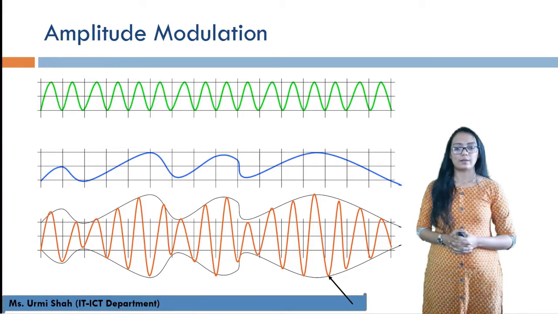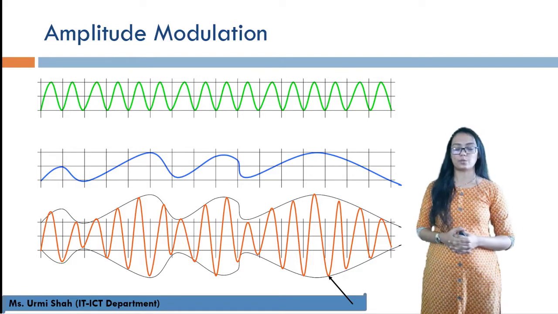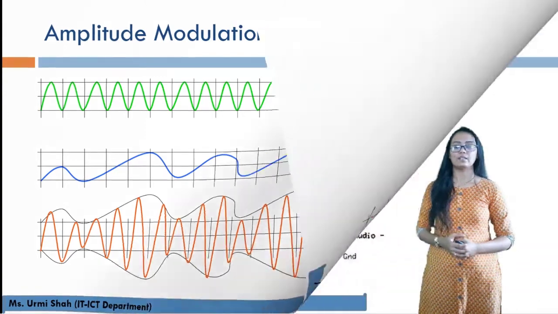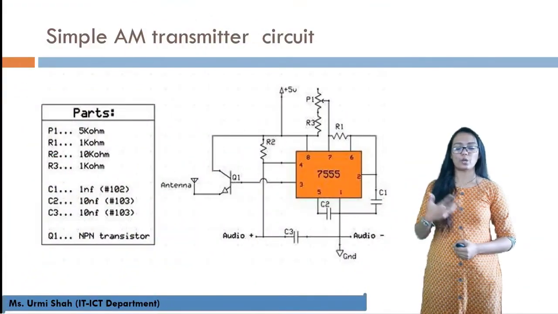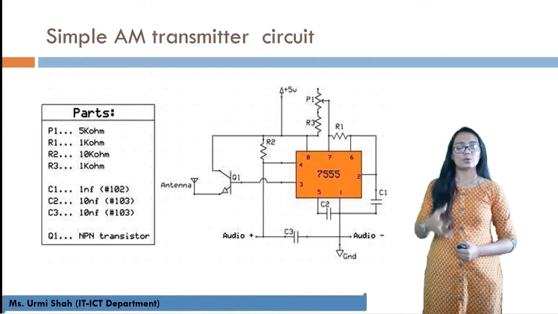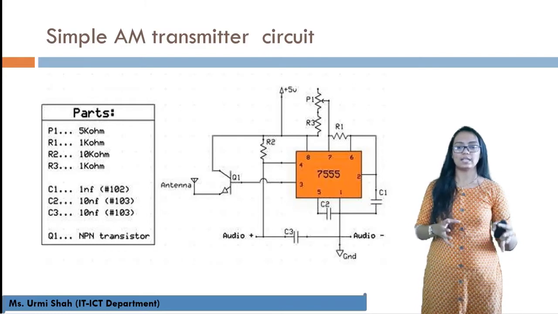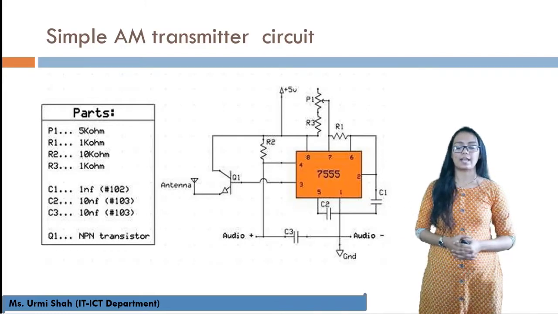So we have completed this unit 3 by covering all the topics of amplitude modulation. Moving ahead, we will be seeing a few more modulation techniques, that is, frequency modulation and phase modulation. In those sessions, we will be learning how the bandwidth and the frequency range are different compared to that of